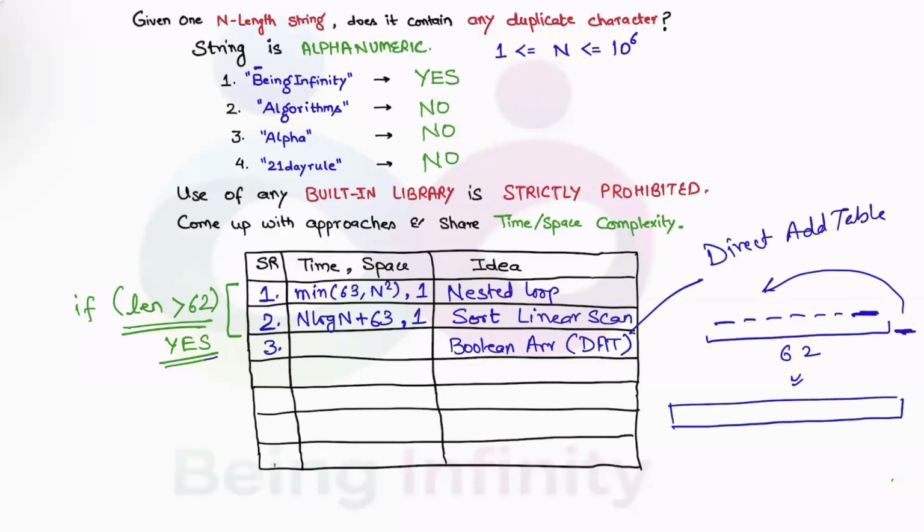We know the characters are 0 to 9. Characters are A to Z, small. Characters are capital A to capital Z. If we look at their ASCII values,